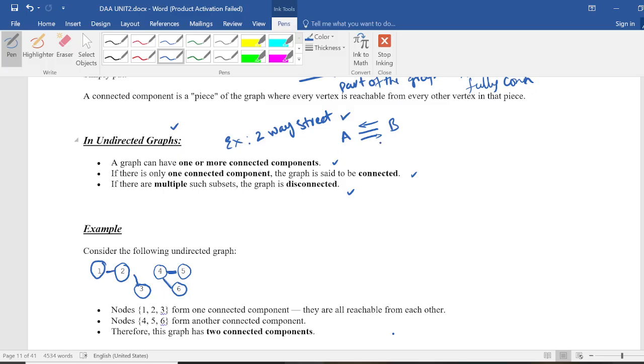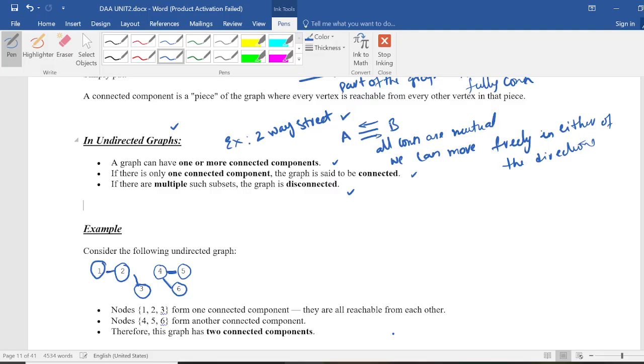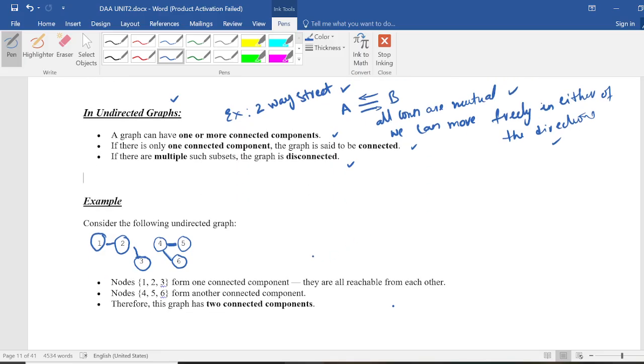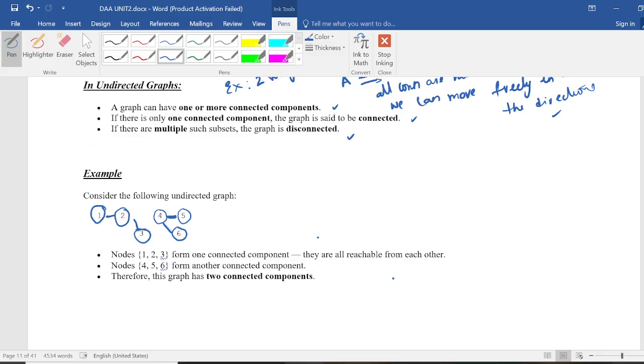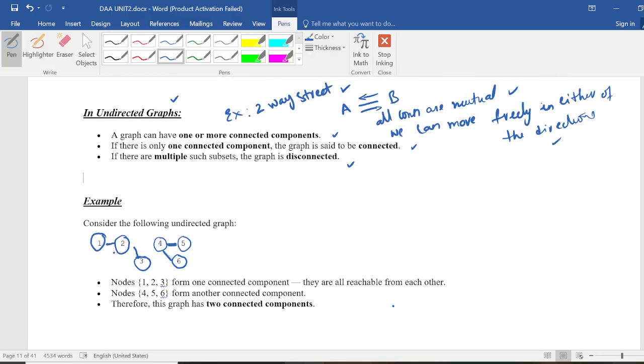In an undirected graph, all connections are mutual, and you can move freely in either direction. All the connections are mutual. We can move freely in either of the directions, both directions. So these are undirected graphs. These are all mutually connected and we can move freely from one direction to another or the reverse,